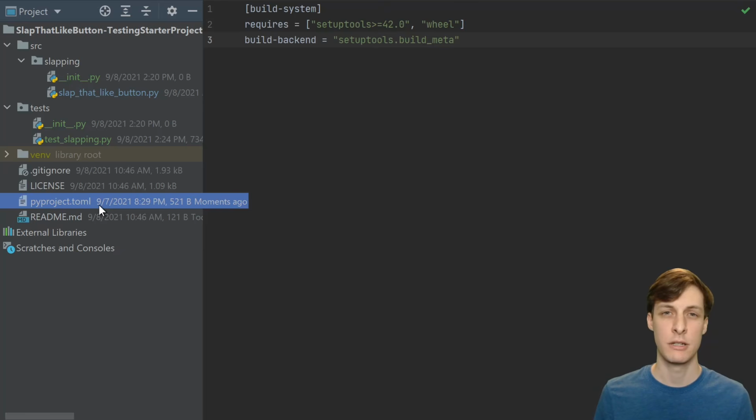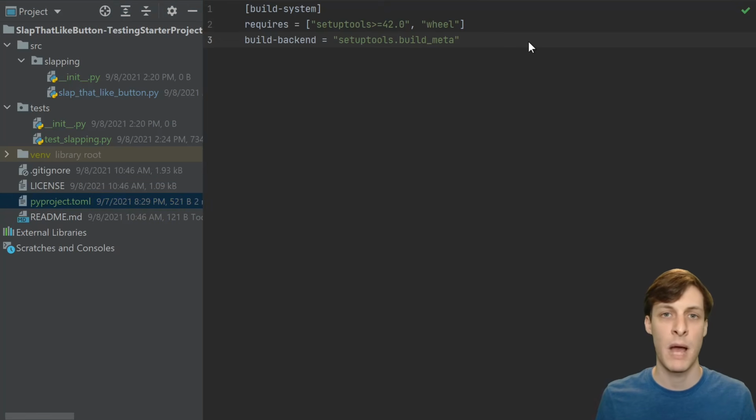In order to make the package installable in a consistent way, we're going to have to add a bunch of configuration files. The first of which is this pyproject.toml. Now, this is kind of a touchy subject for the Python community. There really shouldn't be any reason that I need 8 different configuration files in order to make a package, but that's kind of the state of affairs right now. There's no reason that you should be expected to know what these files are or what things go where. Basically, you should just find a project that you already know and trust and copy what they're doing.